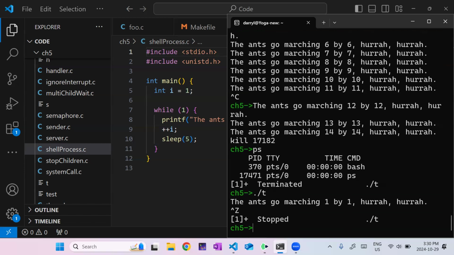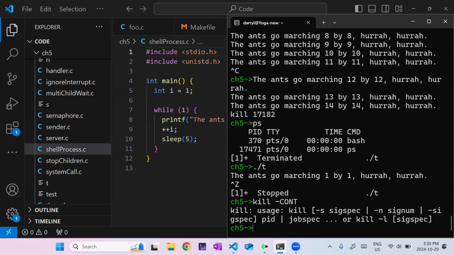And I can resume it with, I'm going to have to look it up. I think it's kill something, conf or something. Okay, so I'll have to look it up. It's in the notes, but I can resume it. What I can also do is resume it in the background.